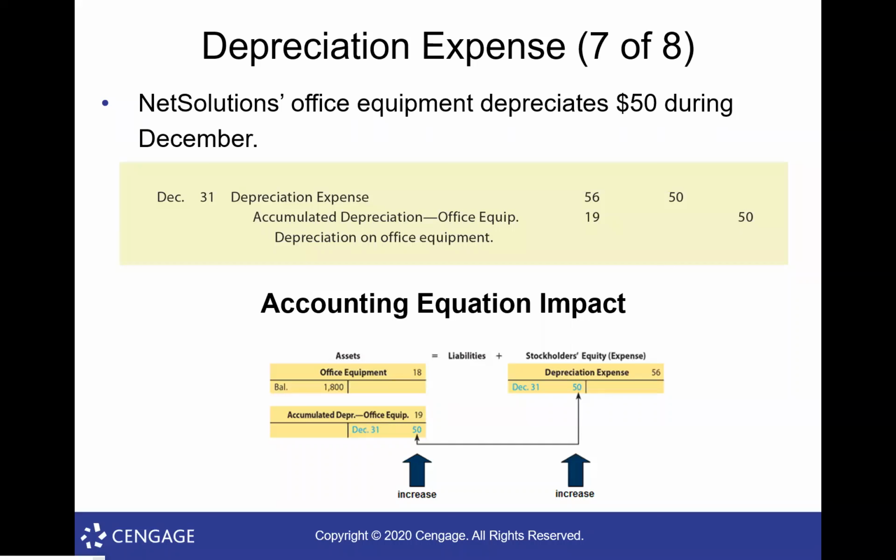So let me give you this example with the computer. When I purchased the computer, I'm going to call it computer equipment. When I purchase it, the asset computer equipment goes up by $1,000, and my cash would go down by $1,000. So that'd be my initial entry when I purchase something like a computer: I would debit the asset computer equipment, credit the asset cash. That'd be the first entry.